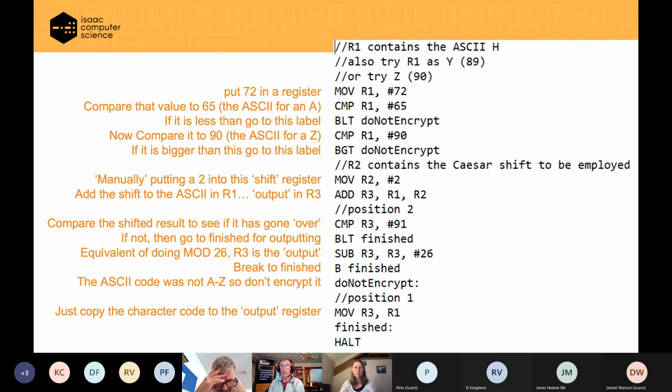we have done the shift. In the preceding line, we've put a value in R3, which was the original value, the unencrypted code, R1, plus or added to the shift. So if we can just look at the previous line of code, add R3, R1, R2, it's the same format. The destination is the first register. So we're putting something in R3. It's an add, so we're adding R1 and R2, the original code plus the shift. So